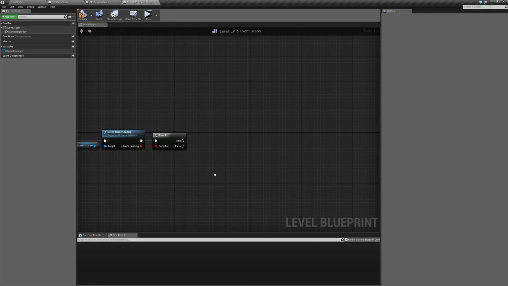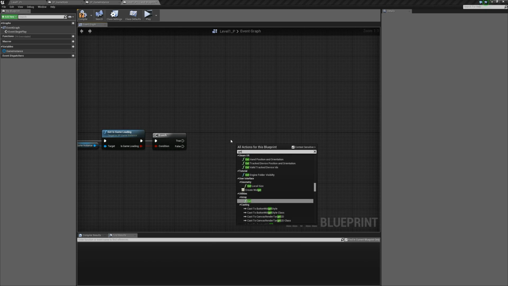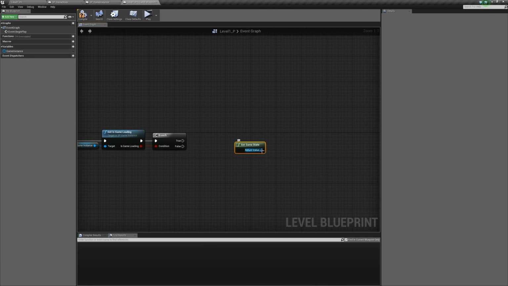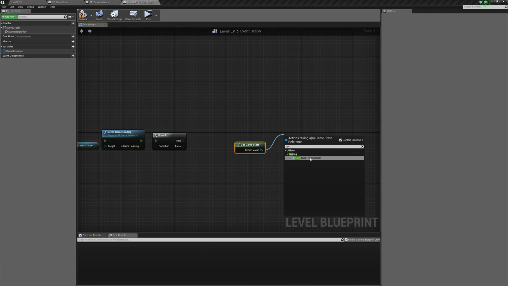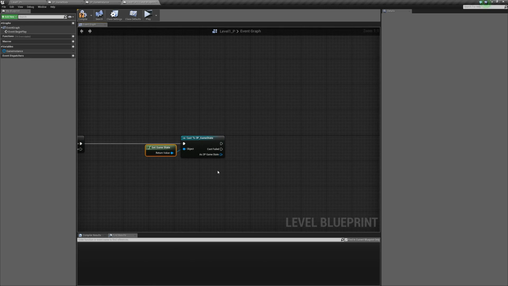So if our game is loading, and this is true, we want to get our game state. So I'm just going to right click and get game state, and we want to cast this to our 3P game state and plug our true into here. And as our game state, we want to get